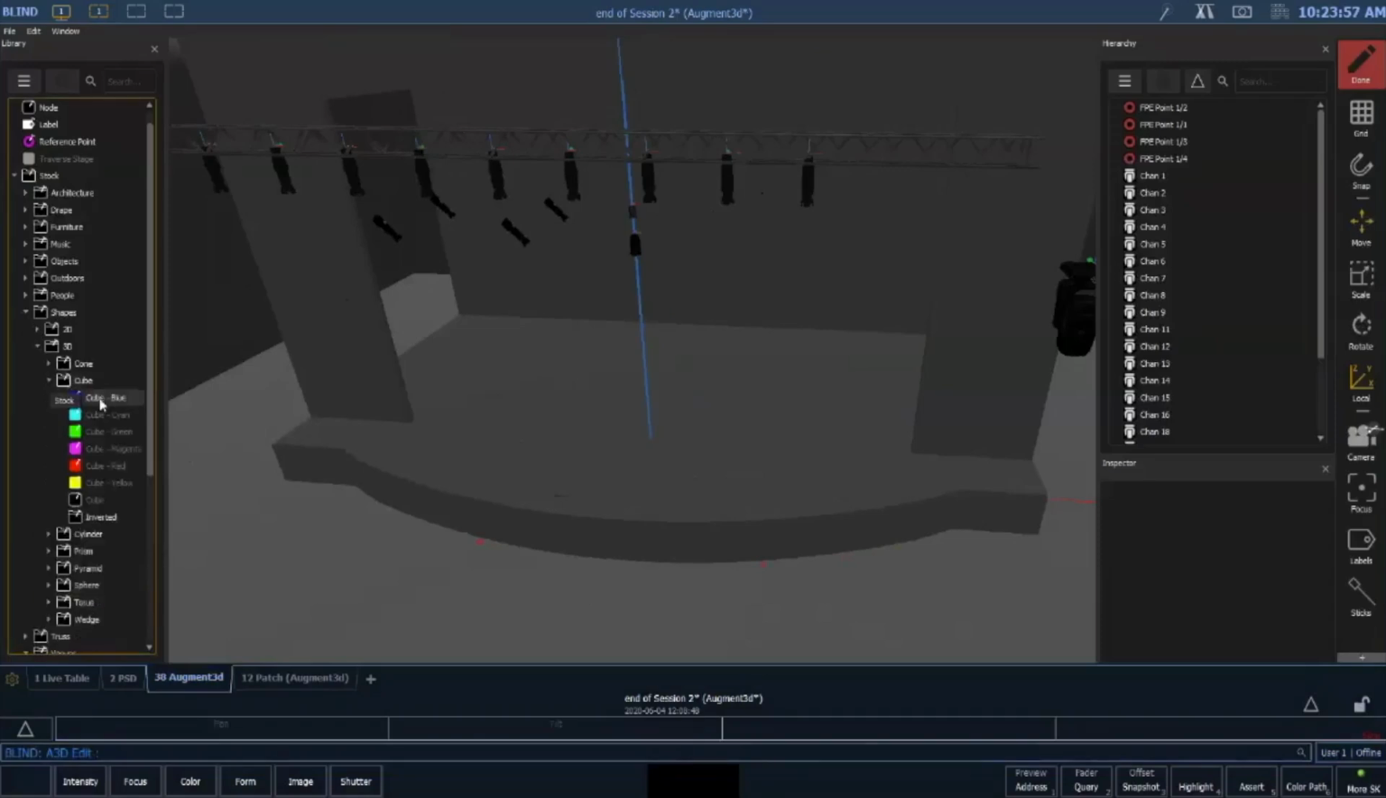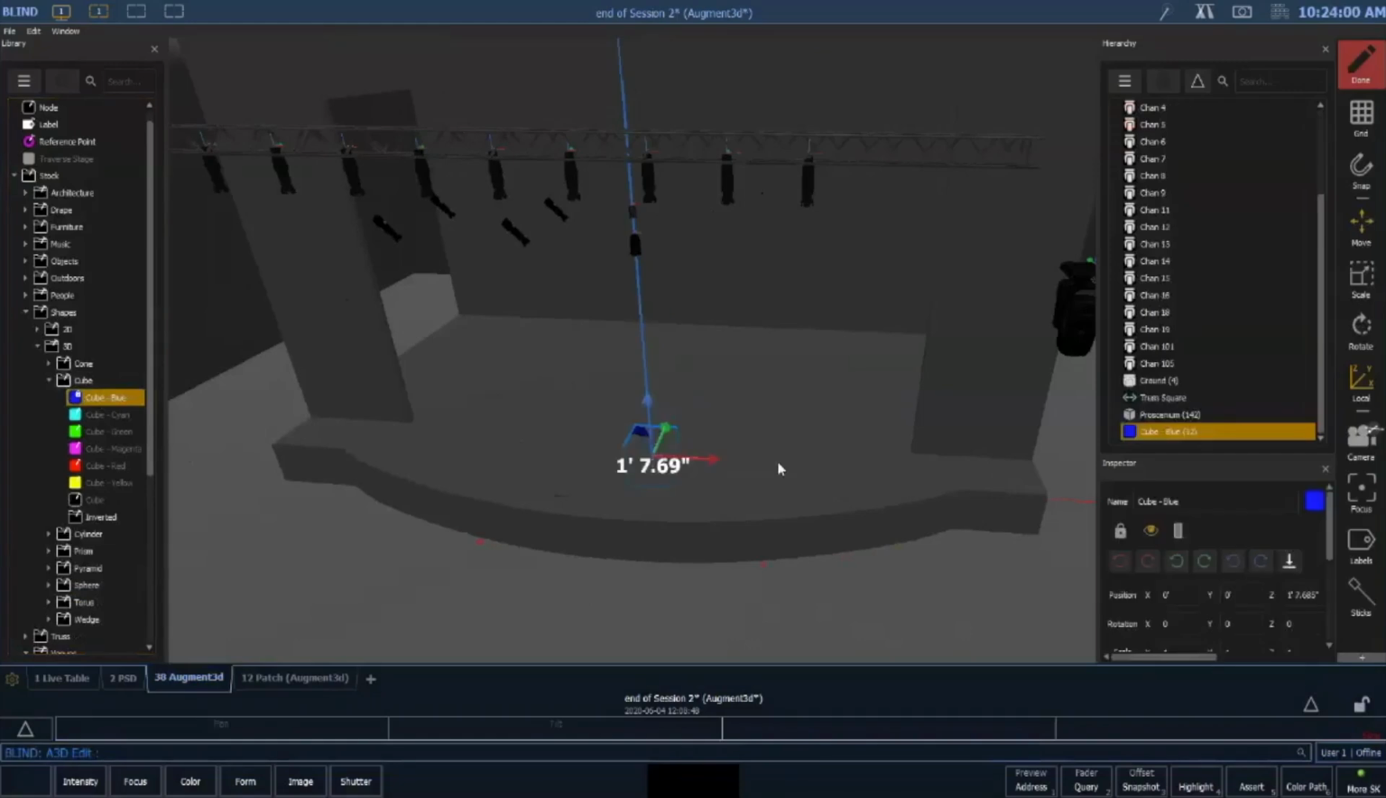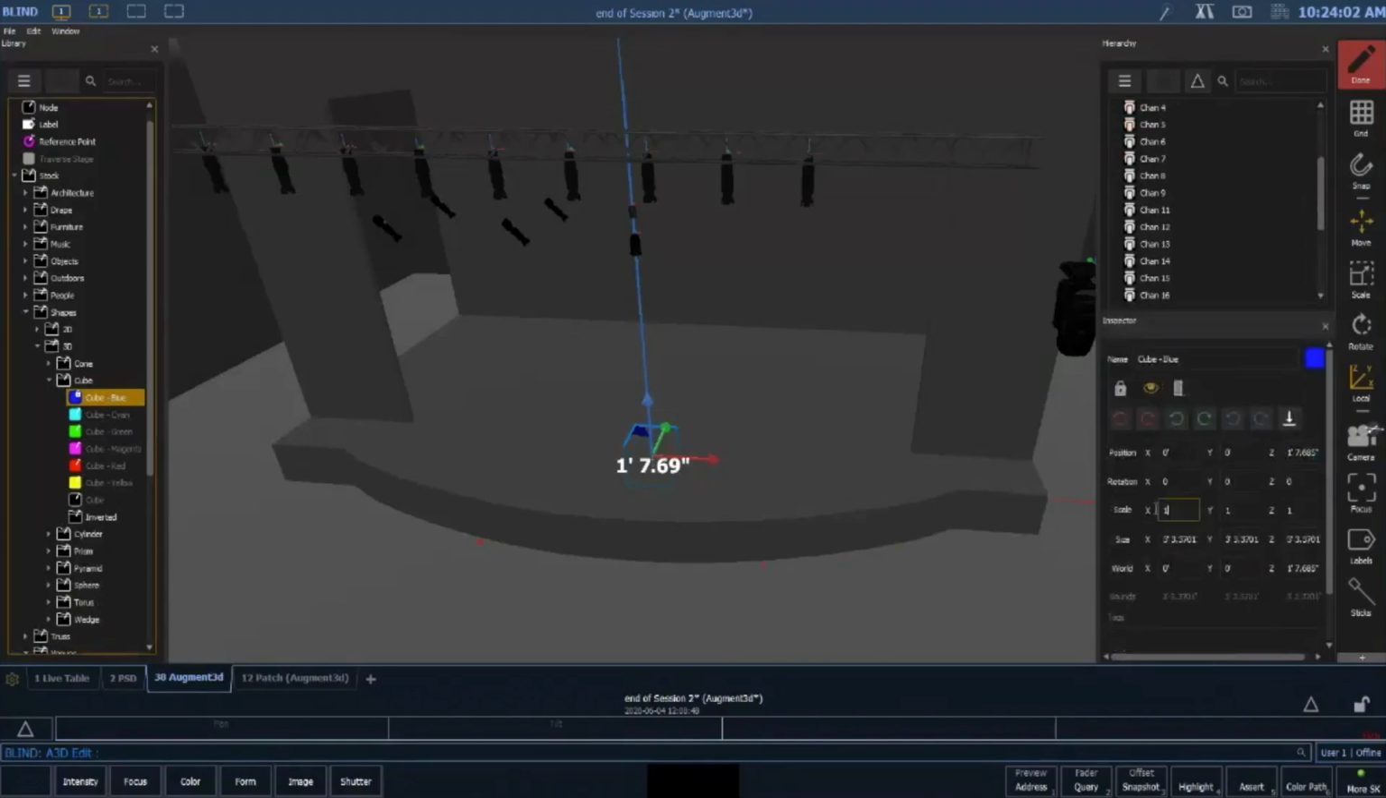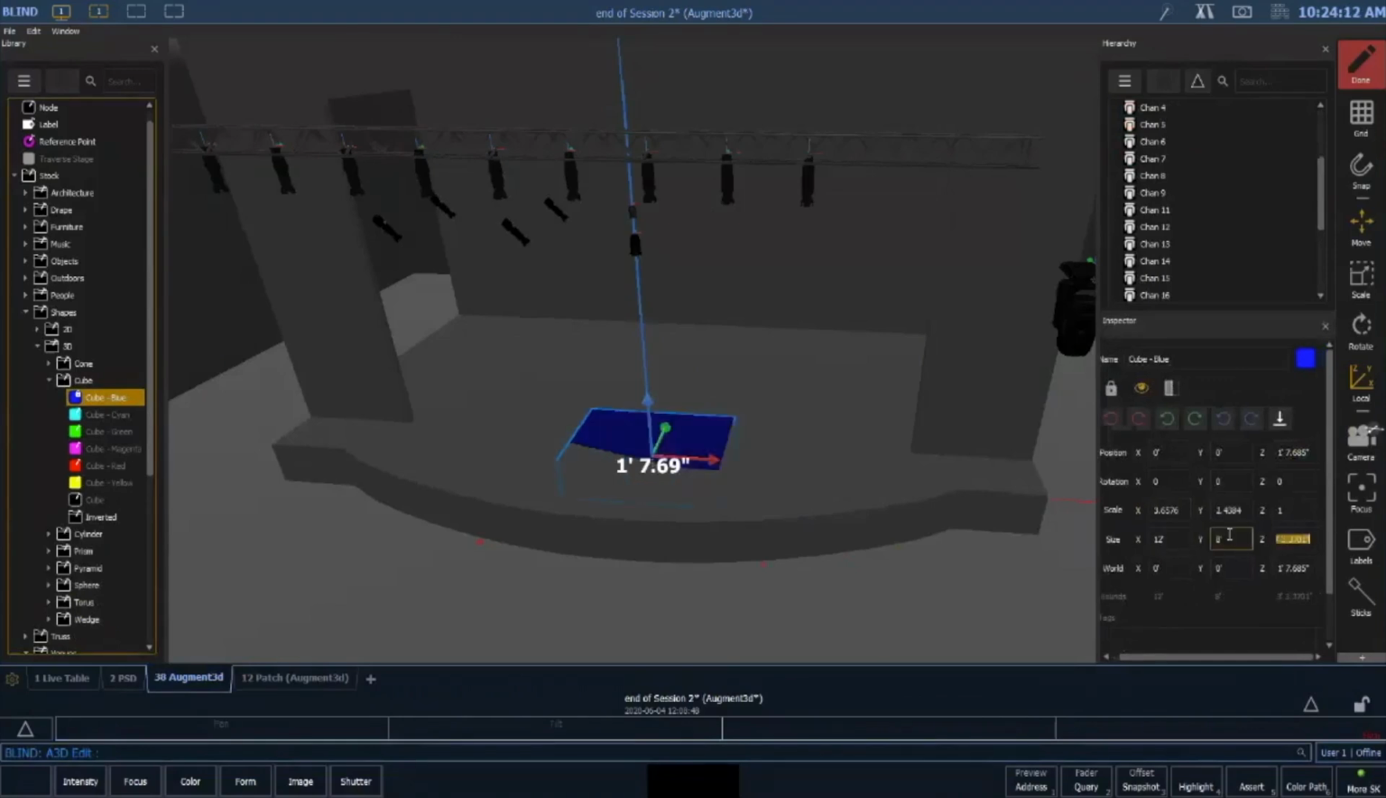We'll just keep the blue one. And I want this to be a platform. So I'm going to, let's resize again here. So I'm going to make this be 12 feet wide, 8 feet deep, and 1 foot high. And then I'm going to hit my,